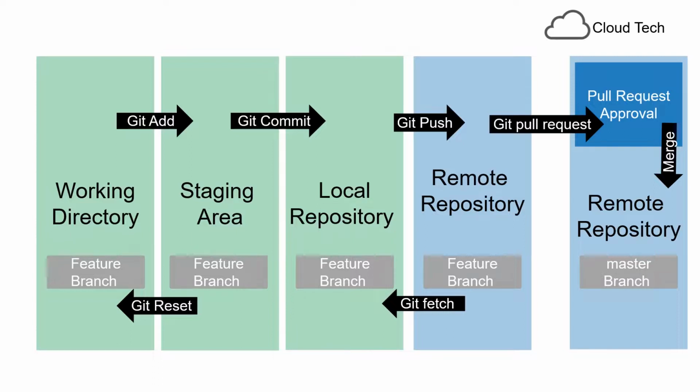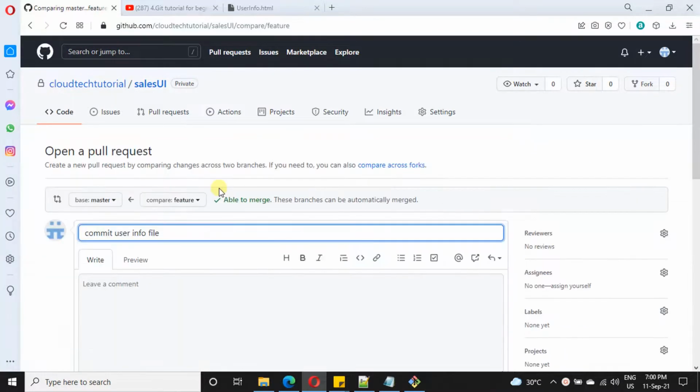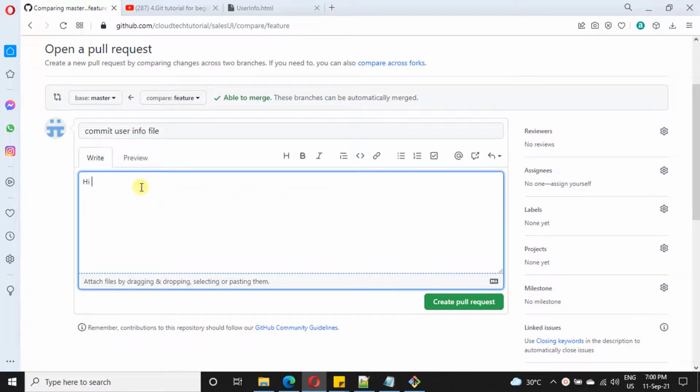Now let us proceed to the creation of a pull request in order to merge our changes from the future branch into the master branch. In order to create a pull request, here we have an option, compare and pull request, and under this page you can select the base branch as master, where we are going to merge, and here we need to provide a comment on why we are making these changes.